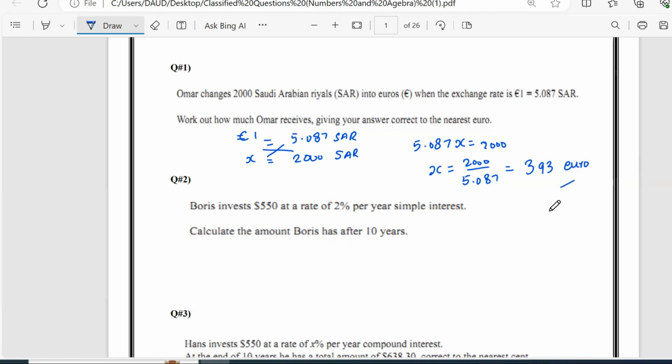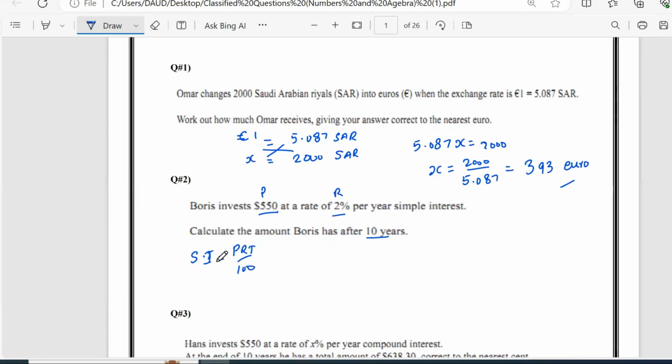We move to the next question. Boris invests $550 at a rate of 2% per year simple interest. Calculate the amount Boris has after 10 years. So here we will apply the simple interest formula. 550, the amount, represents the principal. 2 is the rate, and the number of years is 10. So the formula is simple interest equal